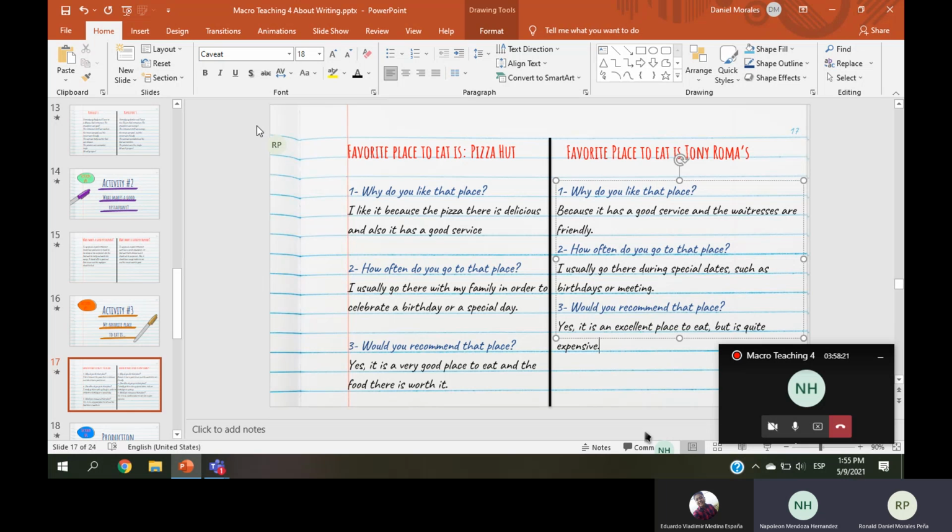To be honest, I have visited this place because it's really near. But yes, it's a little bit expensive. But at the end, I think your answer is really appropriate because the money that you pay for that place, it's worth it. Okay, thank you for participating, guys. I really appreciate your participation.